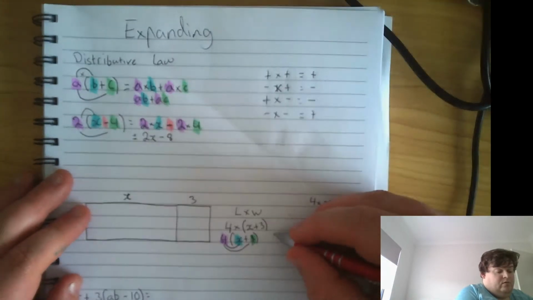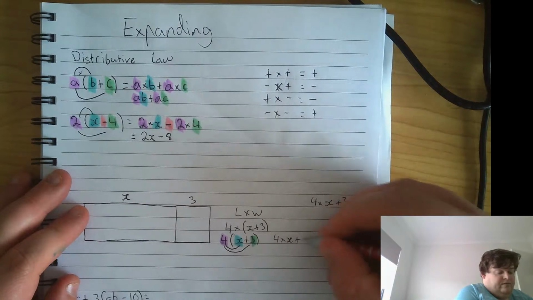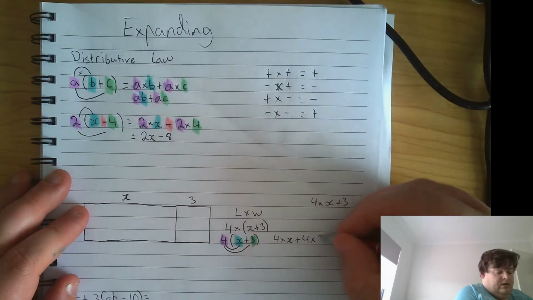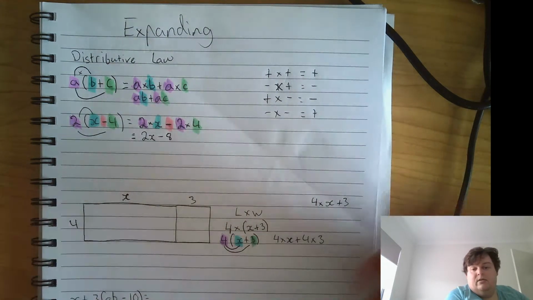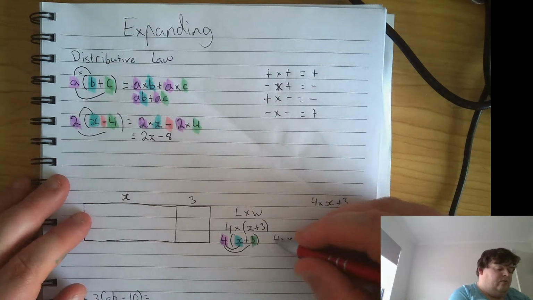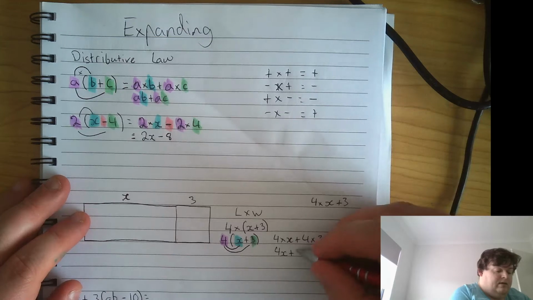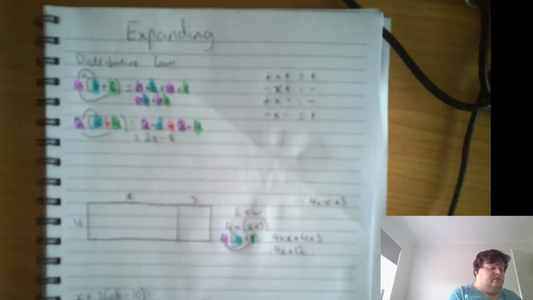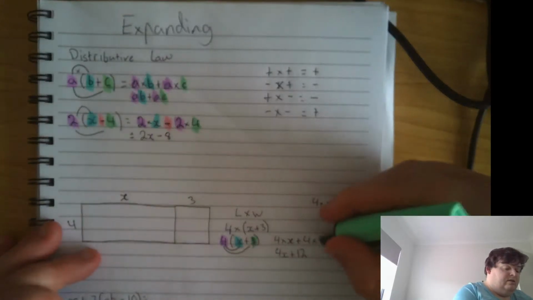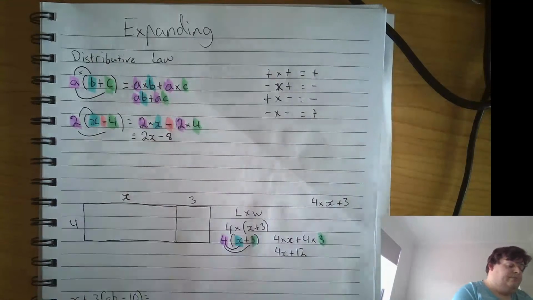And again, I'm going to do 4 times x and then 4 times 3. All right, so 4 times x plus 4 times 3. All right, and that's going to find my area. So 4 times x can just be rewritten as 4x plus 4 times 3 gives me 12. All right, so I'm going to color code this in as well,